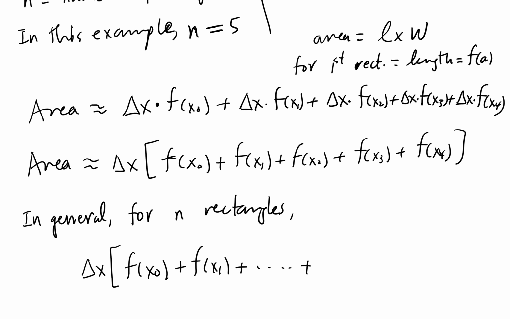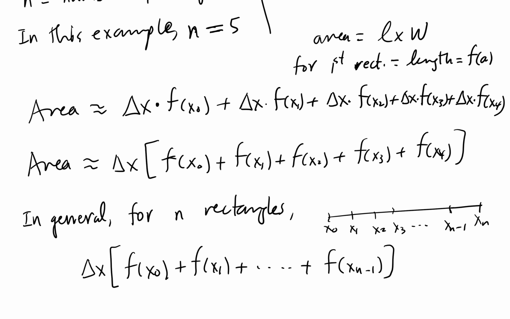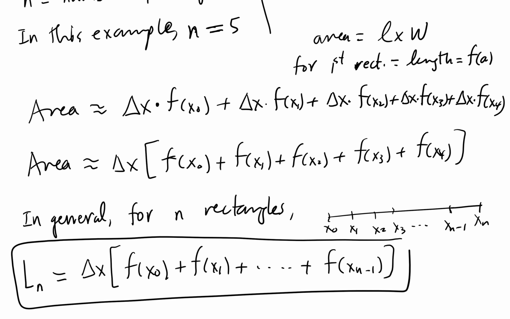It goes all the way, if you draw the rectangles on a number line like this, the last one we call xn, which means the one before that is xn minus 1. So it goes all the way, not to the last one, but to the one before the last one. This is called left endpoints, and that's why we use L sub n, L for left endpoints. This gives the approximation of the integral from a to b of f of x dx